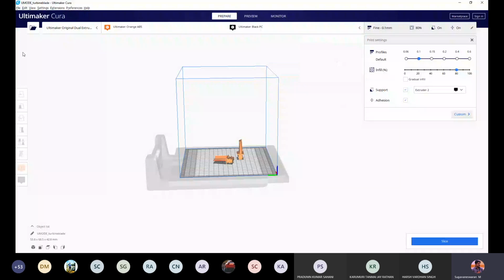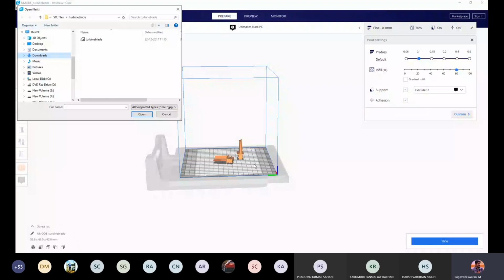So all of you keep this turbine file ready. You may not have these two turbines because I have placed them for some other purpose. Is it ready? Can you proceed? Turbine blade STL file. None of you have opened this STL file. Hello. One of you can give a reply so that I will proceed to the next step. At least one. Yes, sir, opened.